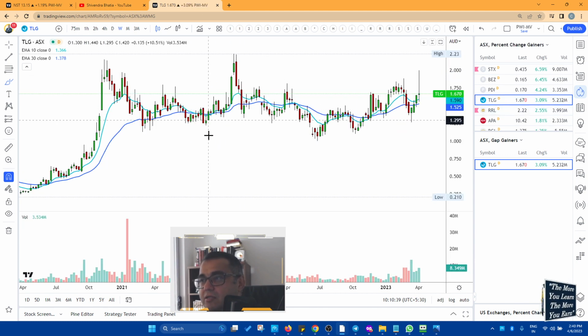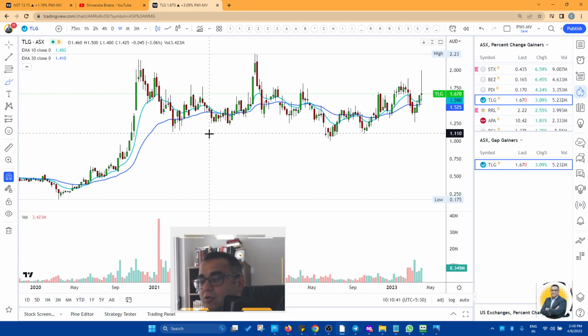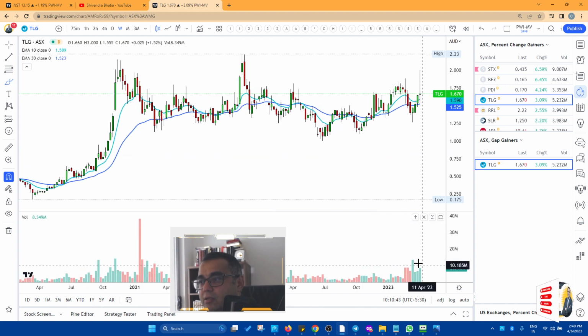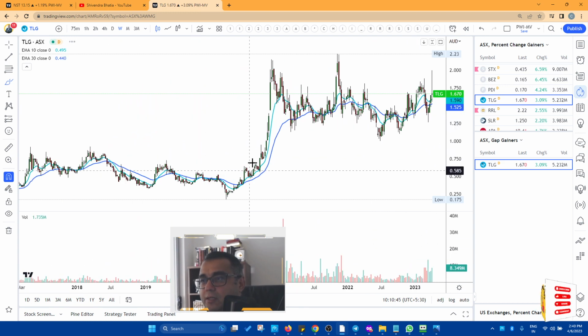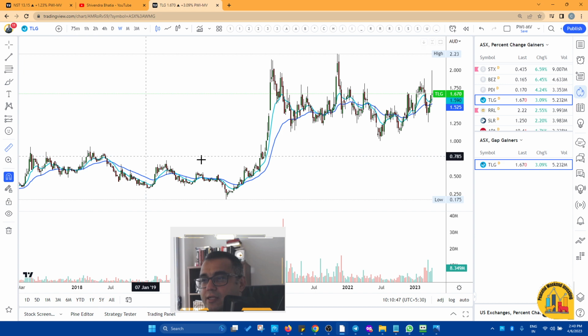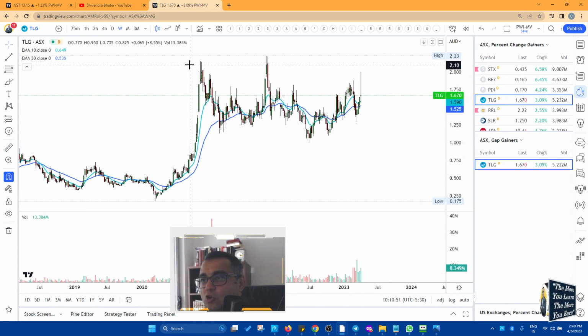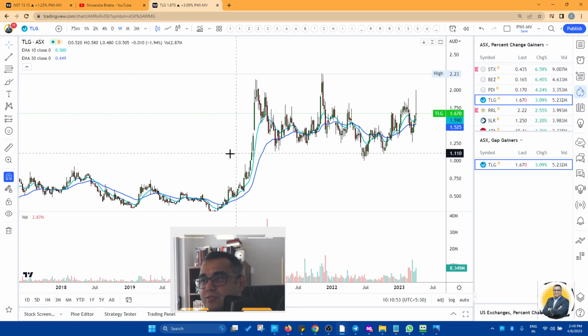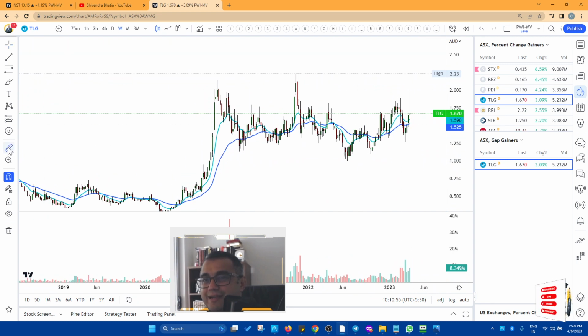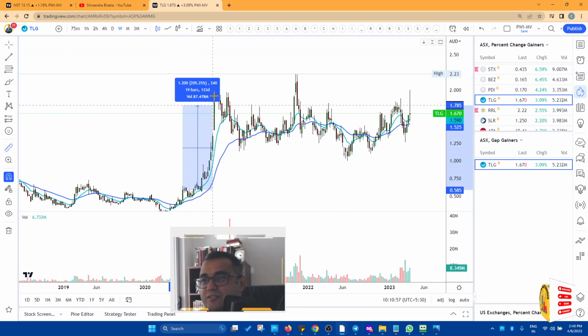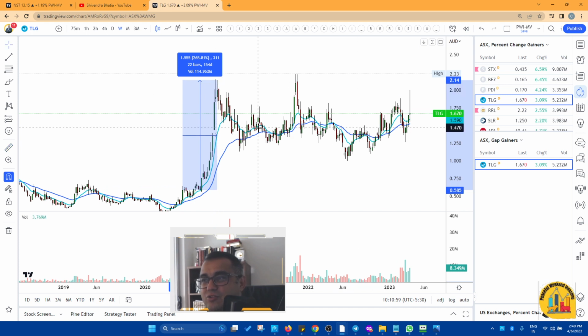TLG, yeah, it's consolidating, so it might be good to keep a track on it. There's a bit of volume, but yeah, it can give you stupendous gain in a very short period of time. So for example here, 250%, and after that it just went sideways. So you need to also understand that if you get gains like this and you don't exit, you end up